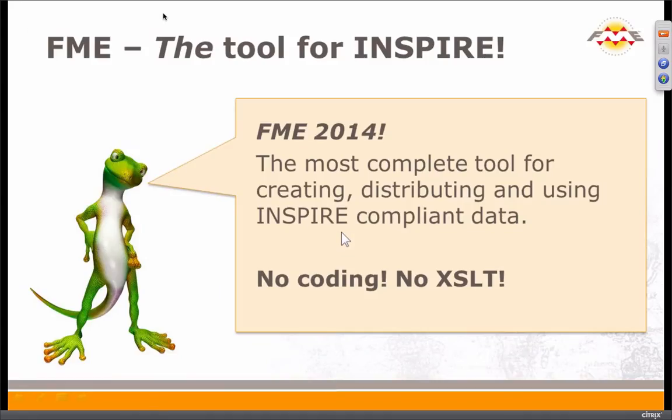Okay, so in this webinar we're going to talk about FME 2014 with Inspire, which is a preview of what you're going to see next week. We've been working with GML and Inspire data for a long time with FME, and in FME 2014 we're pretty excited to show you how we've made it even easier. So the big thing with FME 2014: no longer do you even have to work with things like XSLT or what used to be my favorite transformer,